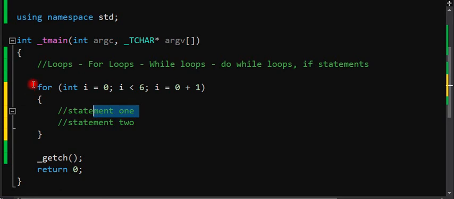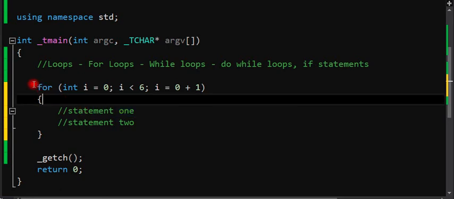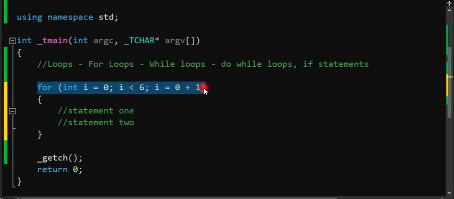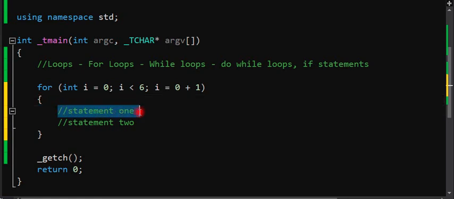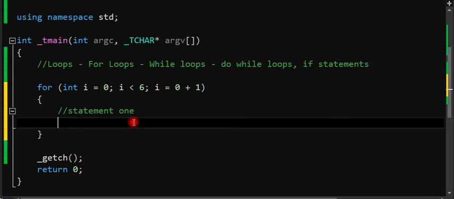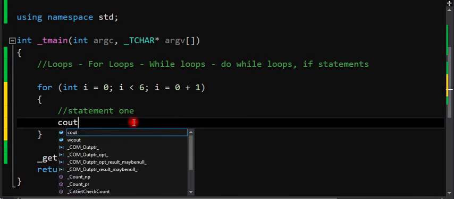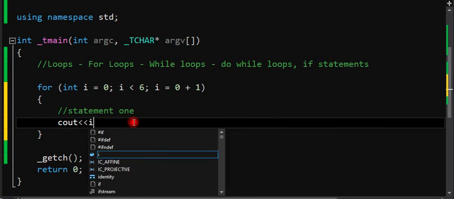Now this for loop is going to check, execute the statement, and after that it is going to go inside this bracket and execute statement 1, execute statement 2. But in this case we are only going to be using one statement, which is count. We want to print